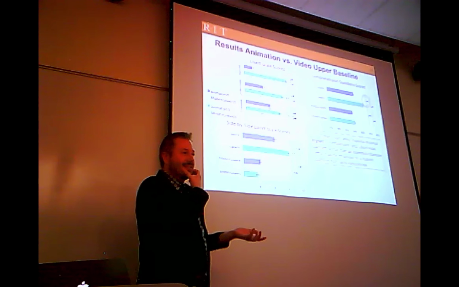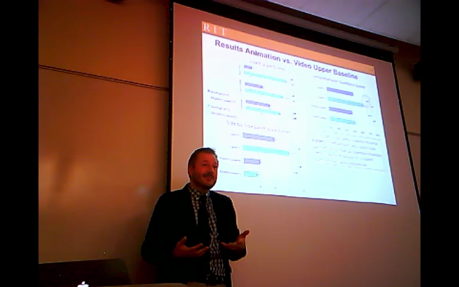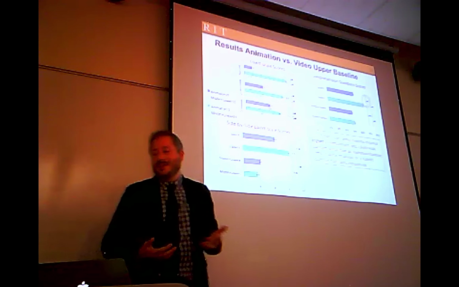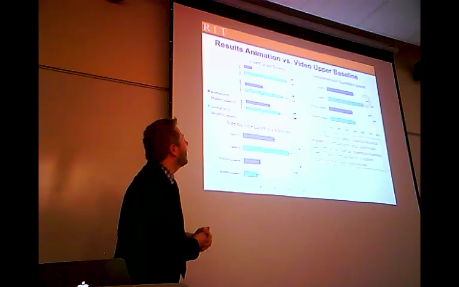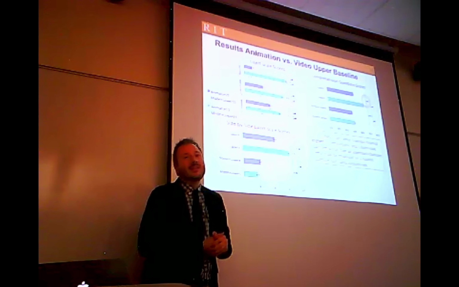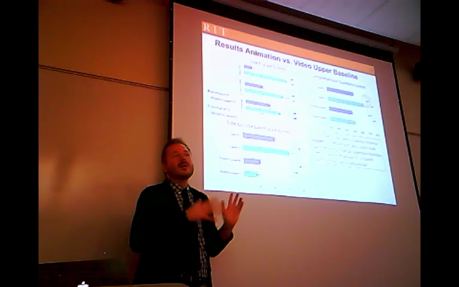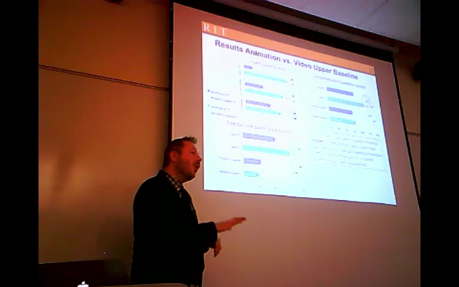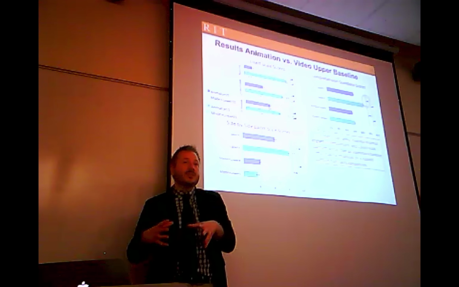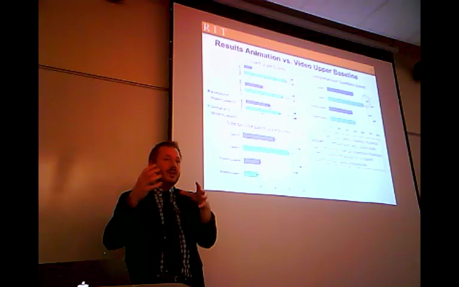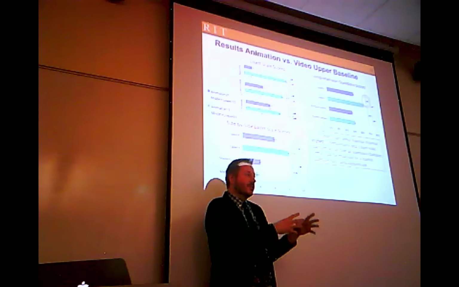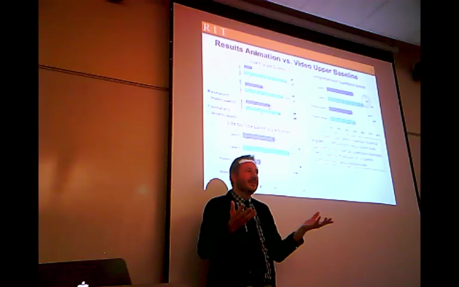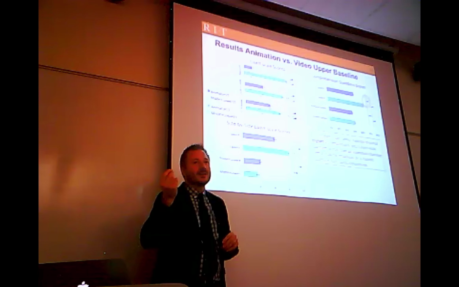First of all, as you might expect, if you use a video of a real human as an upper baseline, well, people like videos of real humans a lot. Okay? They think they look pretty realistic. They tended to get higher scores than upper baselines that were a beautiful animation, but it's still an animation. Okay? So at one level, if you were going to compare a paper that somebody published that had an upper baseline of a video to another paper that somebody published with an upper baseline of an animation, it's not a totally fair comparison because videos are always going to get higher scores.